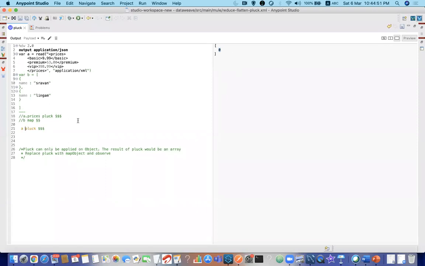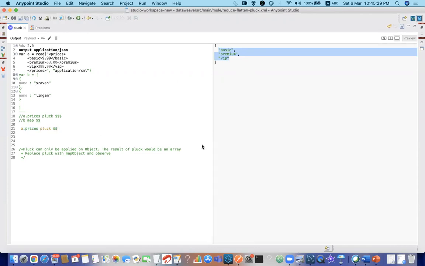Now, if I use A dot prices, it is giving three values 0, 1, 2, that is basic, premium, and VIP. And if I use pluck dollar dollar, it is giving all the key values. So whenever there is a scenario where you are asked to fetch all the keys, you can make use of A dot pluck dollar dollar.